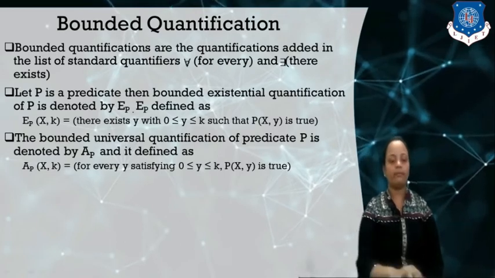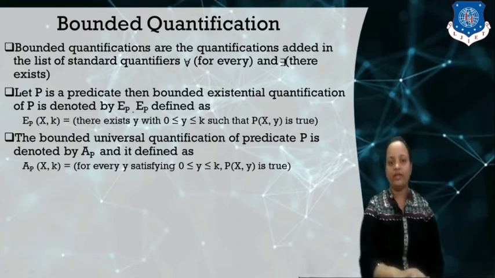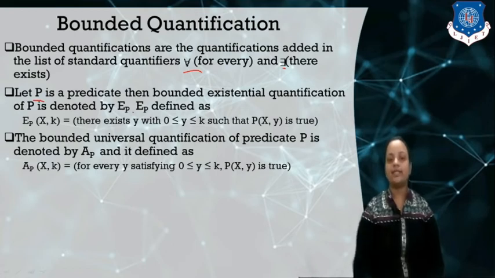As we already know, this symbol indicates for every, and this symbol indicates there exists. So if capital P is a predicate, then bounded